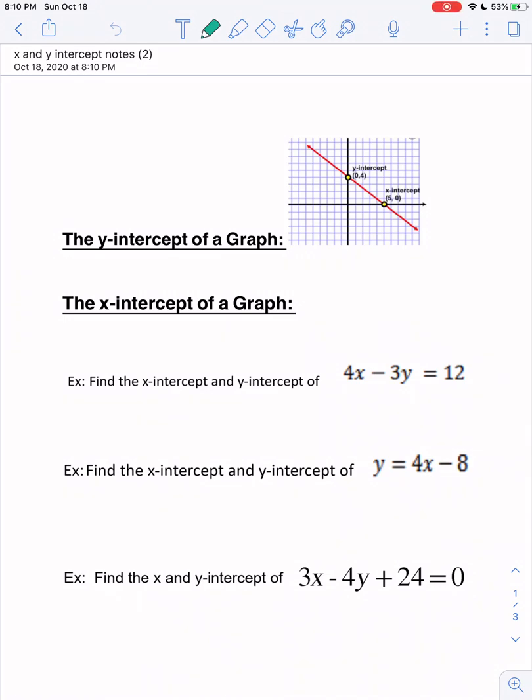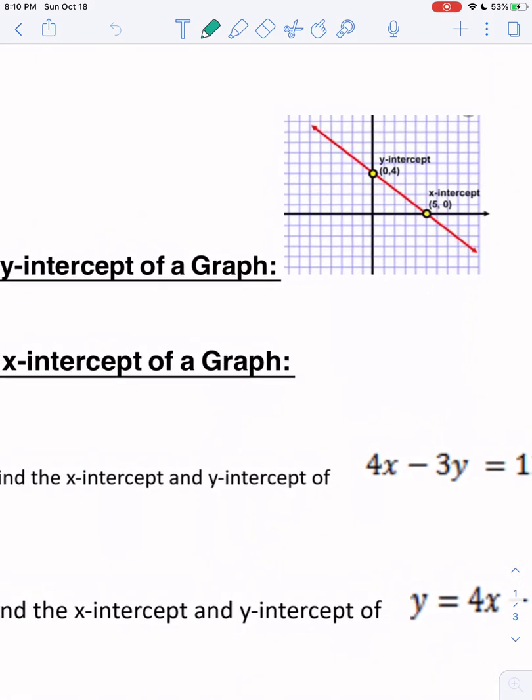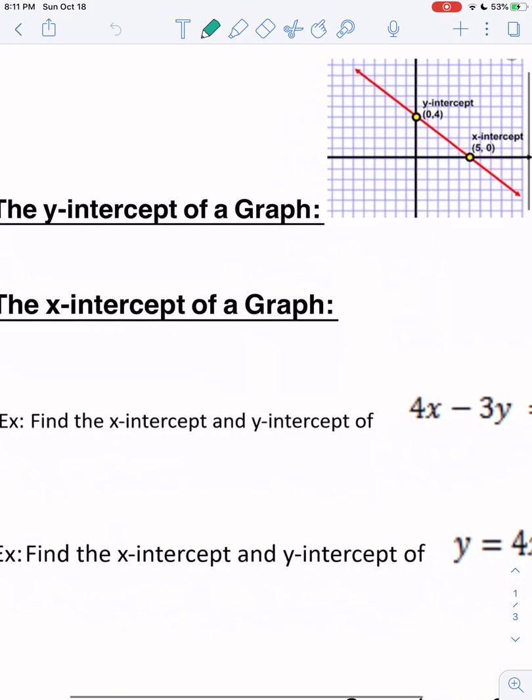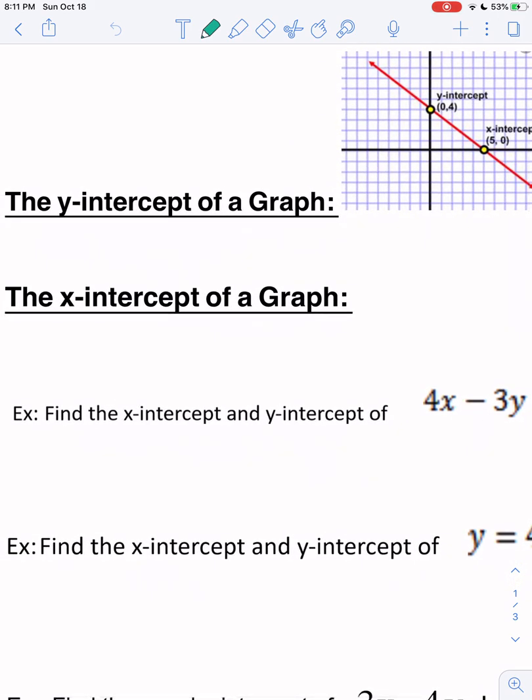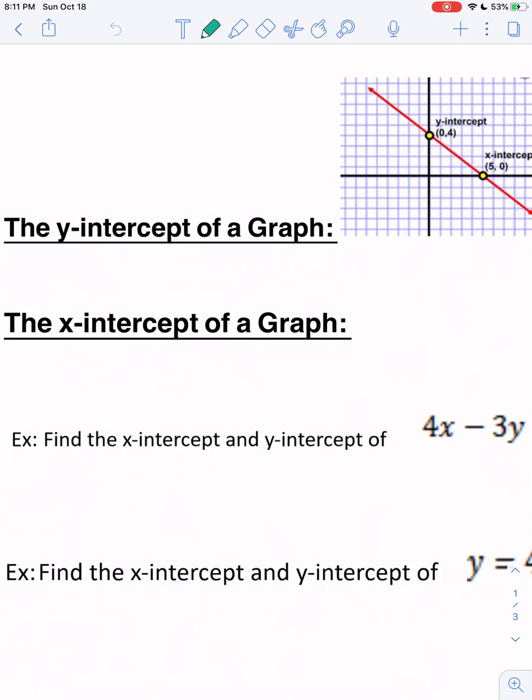This is Algebra 1, Unit 3, x and y intercepts. First of all, what does it mean by the x and y intercept? The y-intercept is where your line is going to intersect the y-axis. Remember, the y is the one that's vertical, goes up and down. So it crosses